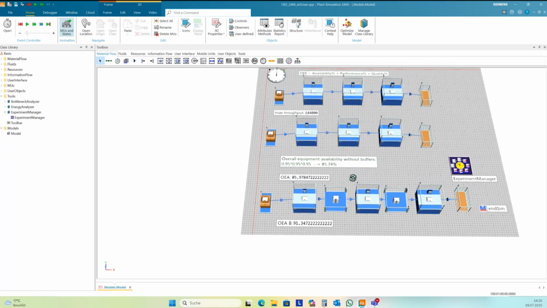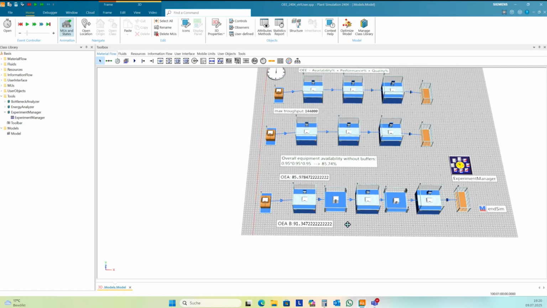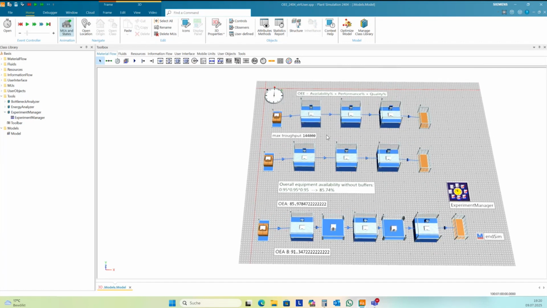Okay, so by placing buffers in a line, you can increase the overall equipment availability. You can see here, but this is only the first part of the OEE. The next part is performance, and this is quite difficult because each company defines performance loss differently.